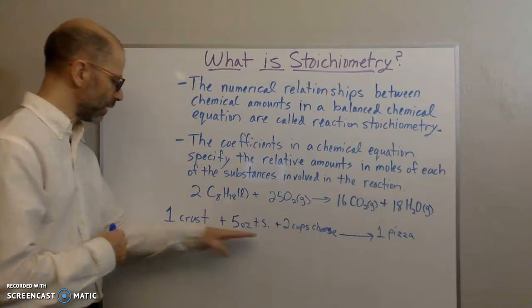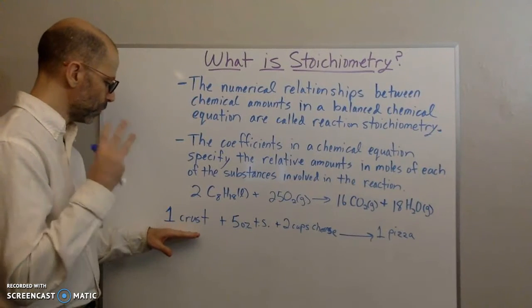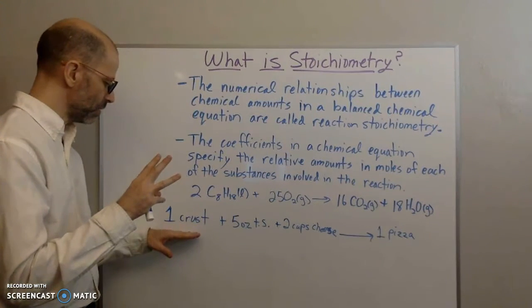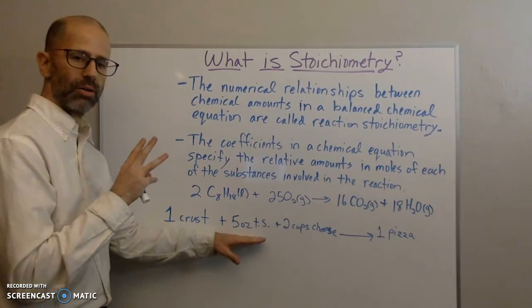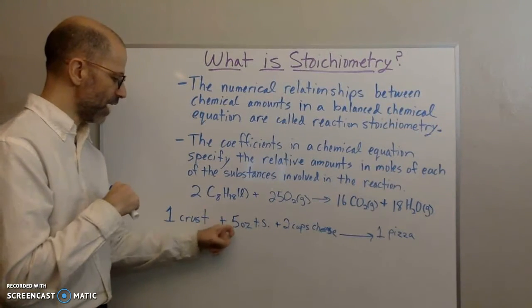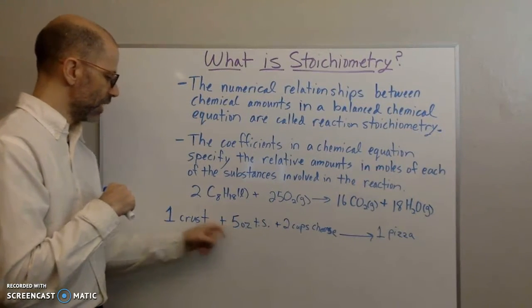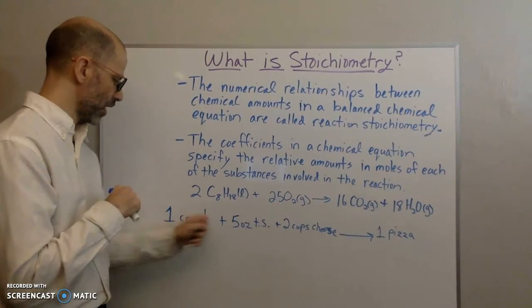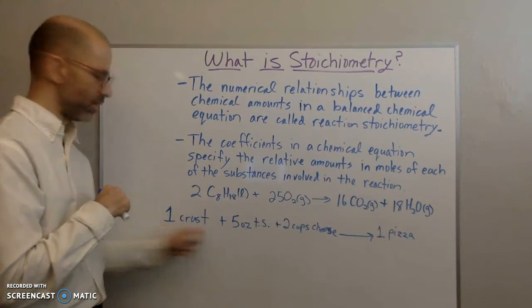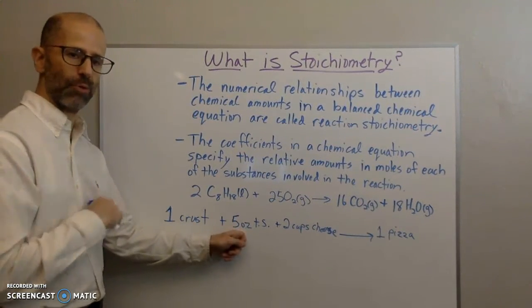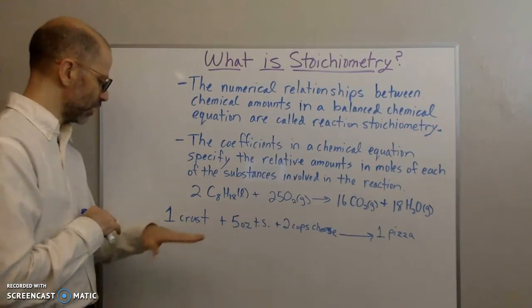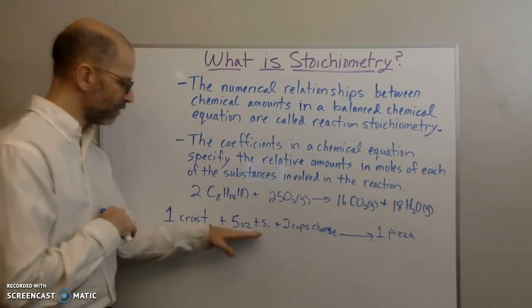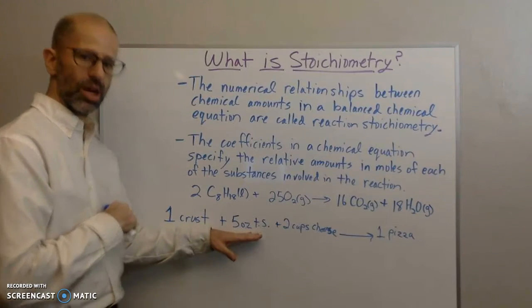So if I want to keep that ratio, then to make 3 pizzas, if I have 3 crusts, then I need to triple the amount here. So it'll be 5 times 3, and then I would need 15. So 3 and 15 is the same as 1 to 5. So I need to keep that ratio, right? So if I want to make 3 pizzas, I need 3 crusts, I need 15 ounces of tomato sauce, and